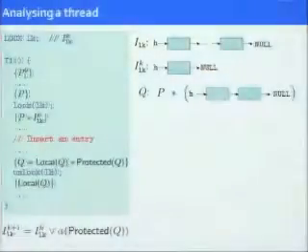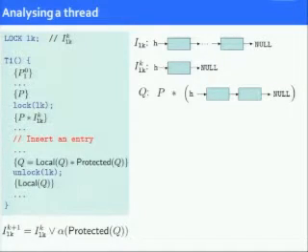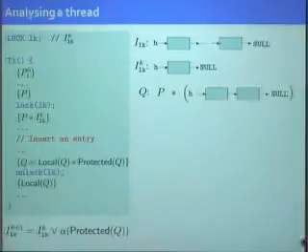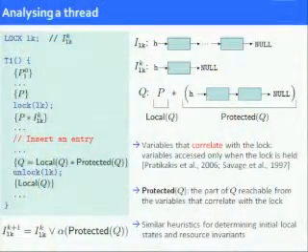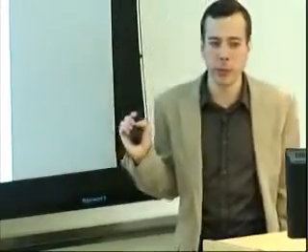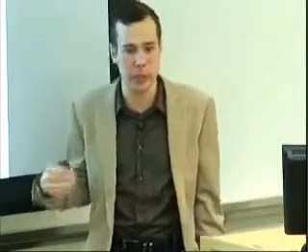And suppose what this code does in between lock and unlock is it inserts an entry into this list. So now the state Q at the unlock command will look like my old local state plus the modified list consisting of 2 elements. So now I have to decide how to split. One heuristic that works well, for example, for device drivers, which is one of the applications we consider, is based on variables that correlate with the lock. These are variables that are accessed only when the lock is held in a concurrent program. And this definition has nothing to do with the heap, it's just about variables.